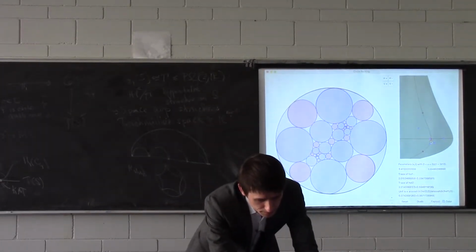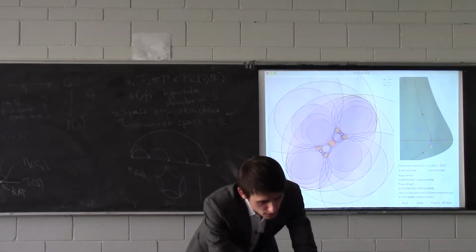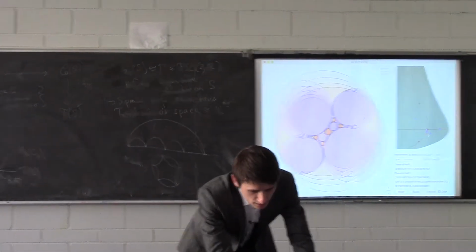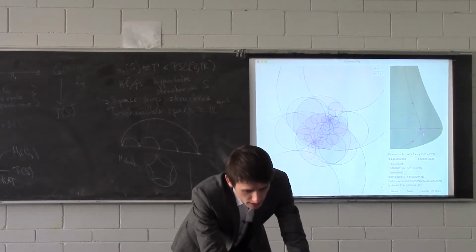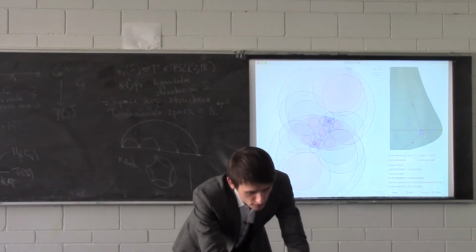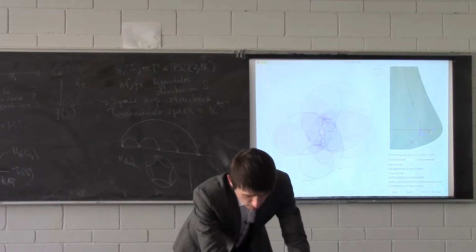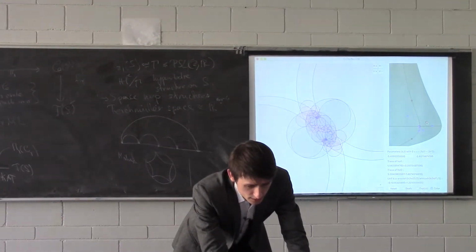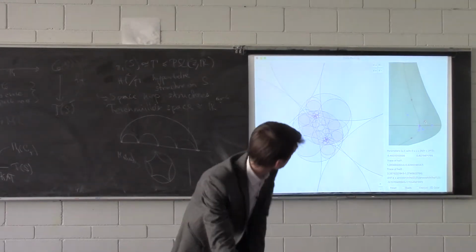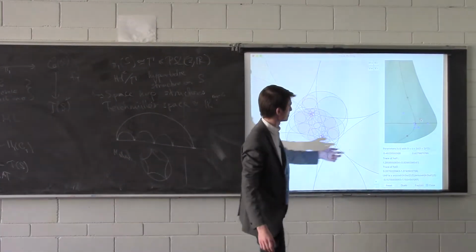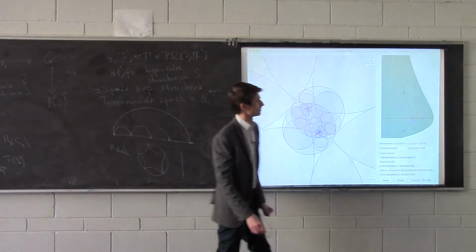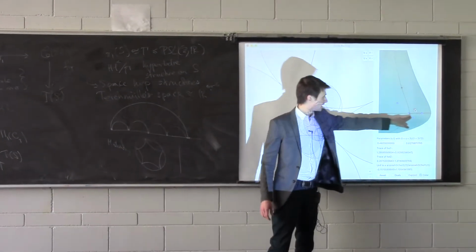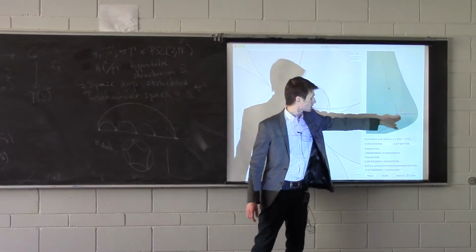You get some pretty ones like this. It's kind of hard to hit the right points, but things like this are pretty common. And this is the whole deformation space of complex projective structures that admit a circle packing of this combinatorics. As you can see, it's two-dimensional, and you have to trust me that it actually maps to Teichmüller space. This black line is the ones that lie in the imaginary axis in Teichmüller space,